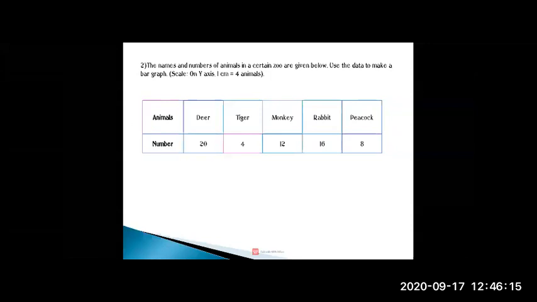On the y-axis, what are you going to write? Number of animals. Very good, Anurag Ghag. Numbers of animals. And on the right side of the top, what are you going to write? Very good. You are going to write the scale. I hope you people have understood. Okay. So we will just see.